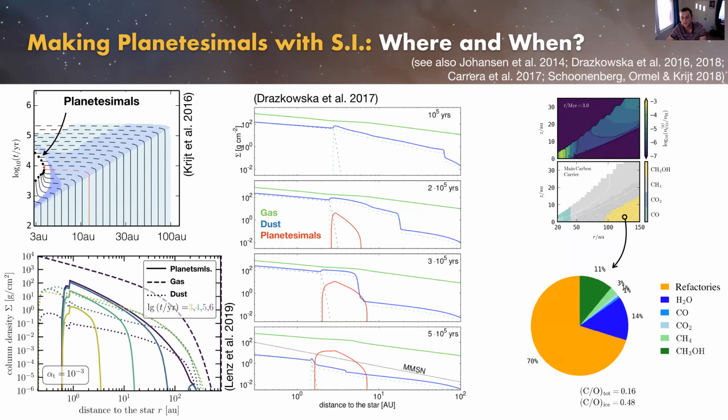And one way to address this maybe could be that these models I presented earlier have been constructed to match the gas phase abundances, but they also predict the abundances of the pebbles growing in the midplane, right? So for example, after, I don't know, a million years, my pebbles that are sitting here are composed of this mix of water and CO and CO2. So it would be interesting to try and compare this to constraints we have on planetesimals in the solar system